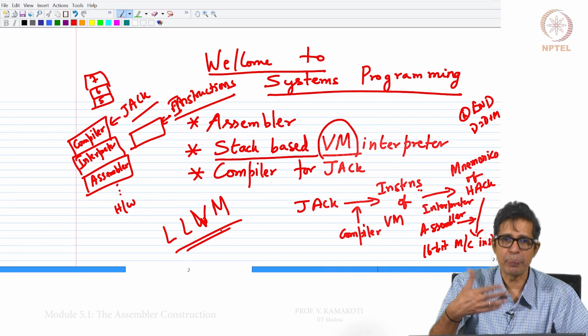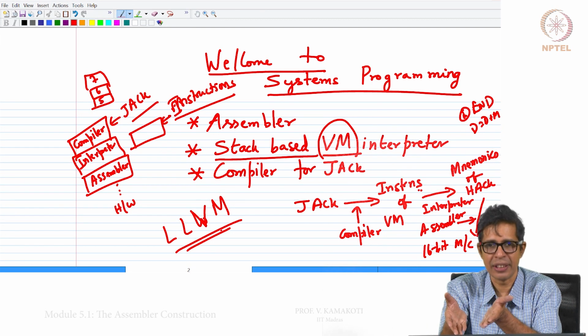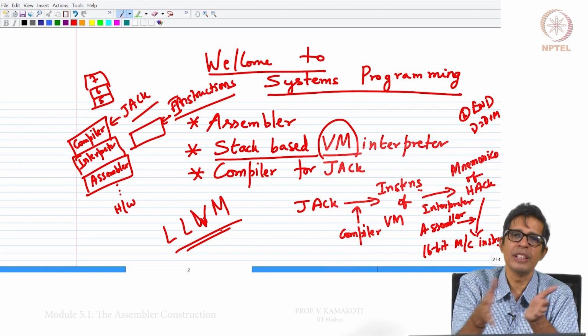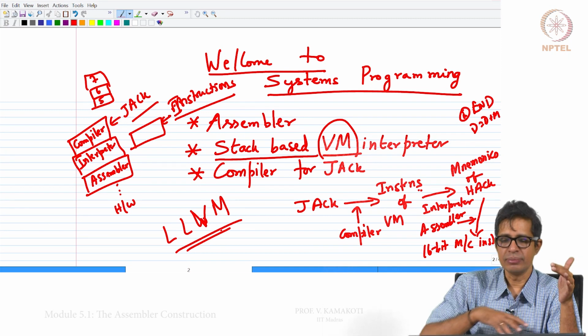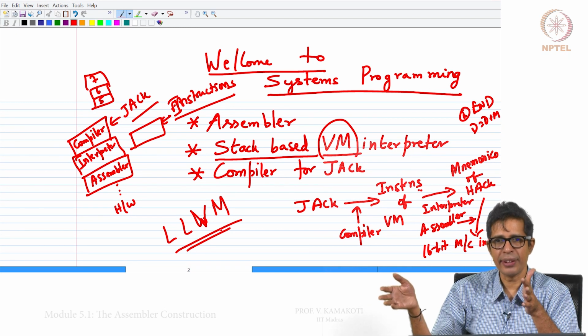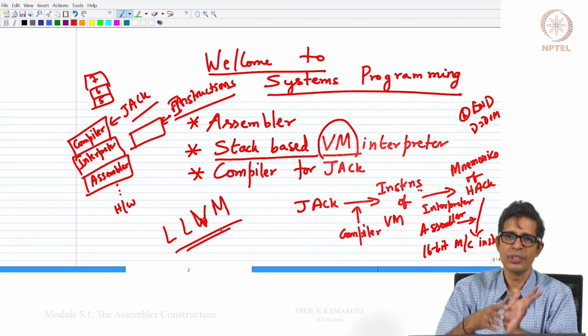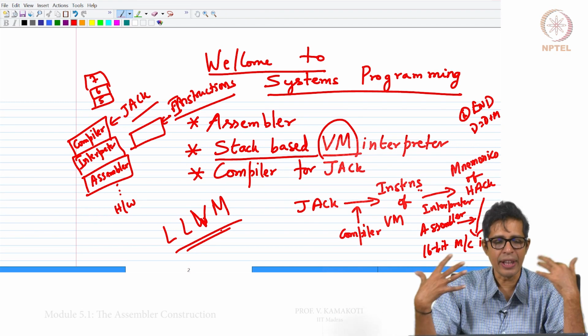For you to actually appreciate how LLVM works, an understanding of the VM here will be very useful. And then from there the interpreter to the mnemonics, and of course the assembler which will take these mnemonics and convert them to 16-bit. So, this is the exercise.